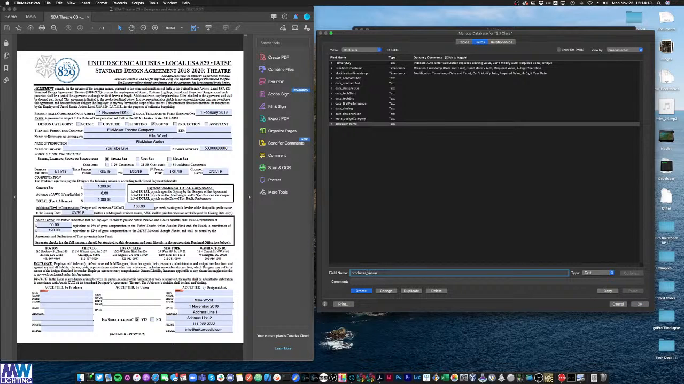Oops, keep doing that. FileMaker fields are not case sensitive, so you can do what works for you. I like using camel case like this after the underscore, but you can put spaces in there. You can do whatever you want. Whatever makes sense for you is perfectly fine. Producer venue, producer number of seats, and we have name of